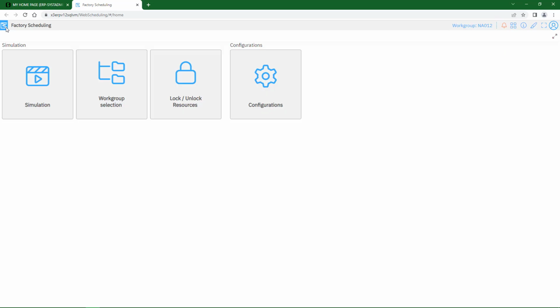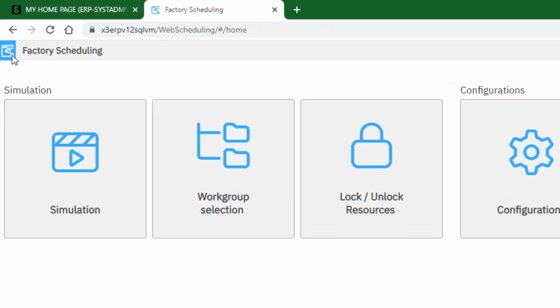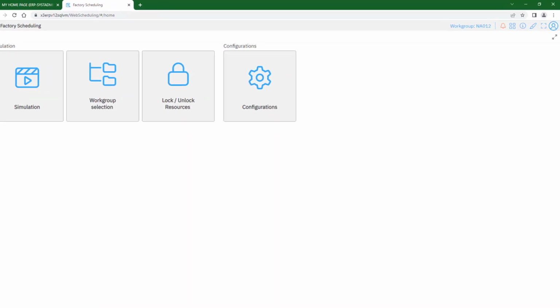Let's take a minute to examine some key elements on the web scheduling homepage, which we see in front of us. The first thing I'd like to bring your attention to is the ever-present web scheduling navigation bar at the top of the screen. It includes the Home button, which brings the user back to the home page, the active work group, which is the user's default or most recently used work group,